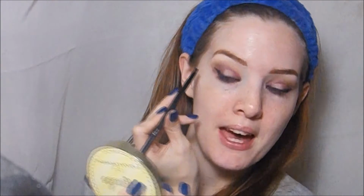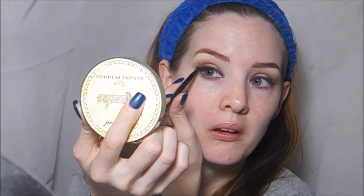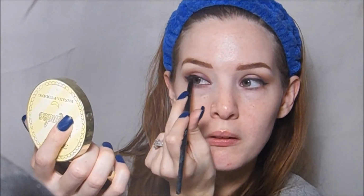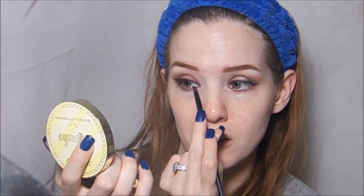And I'm going in with a small angled liner brush. This is a Makeup Essentials brush. And we're going to pack some of that black eyeshadow right on top. Oh, I hope this is not going to mess us all up. It's hard to follow the same line over again. Alright, so